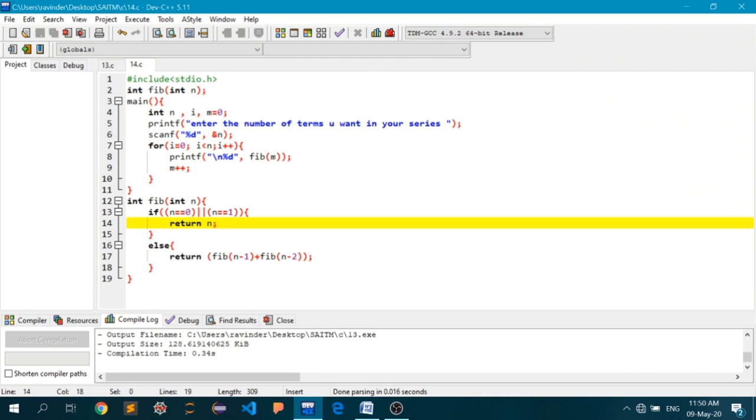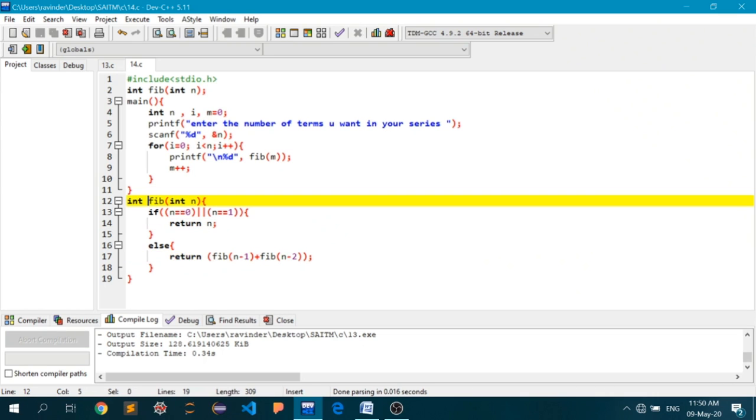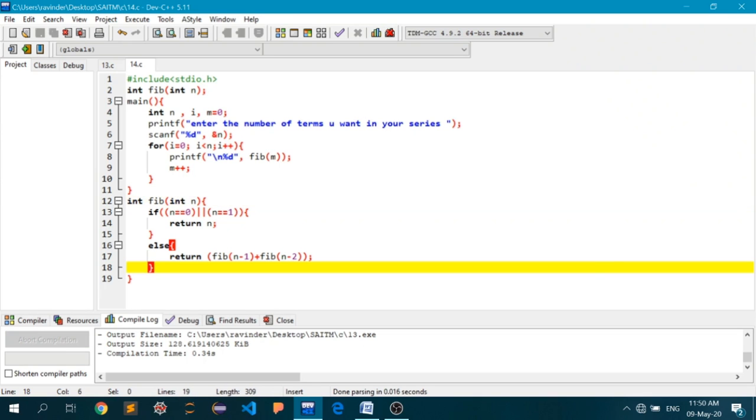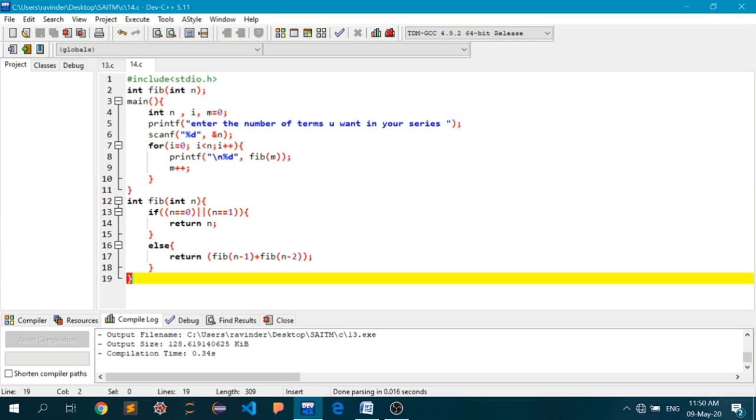So every time, the function will call itself, twice in a single expression, but passing different arguments. What we are seeing in this particular line is that the function, which wants a particular index, the nth value of the Fibonacci series, is actually asking itself: tell me the n minus 1th value and tell me the n minus 2th value, and I will add those two values and I will get the nth value. And this is the actual idea behind the Fibonacci series.